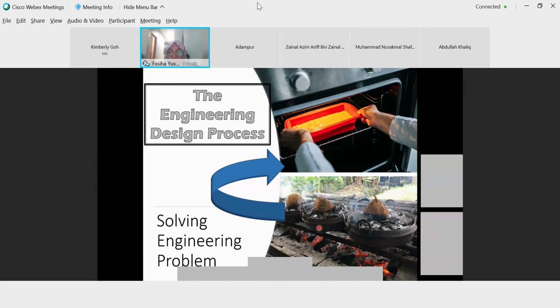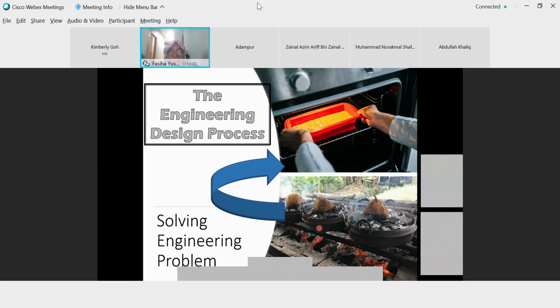Why don't you just solve it? I don't know, because just now you answered oven because you already know oven. But as I mentioned, design engineers invent, create something that never exists.